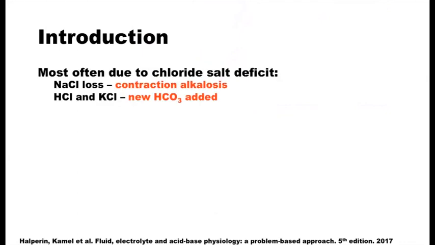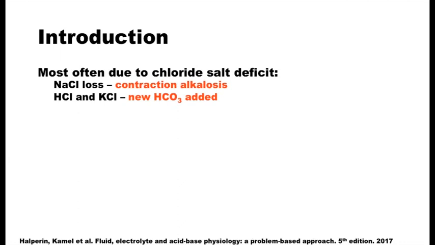In general, there are two groups of mechanisms for how metabolic alkalosis comes about. The most common is usually due to a chloride salt deficit. For example, sodium chloride loss would result in what we refer to as a contraction alkalosis. And then, of course, loss of hydrochloric acid or potassium chloride results in the addition of new bicarbonate to the body. And this is by far the most common mechanism for metabolic alkalosis in patients both outside of the ICU and